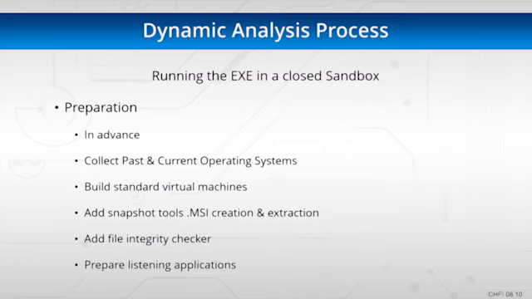Dynamic analysis takes a lot more time because we're running the executable, and we can't do this on our open network on our regular machines. So what we have to do in advance is set up our virtual lab. And you're probably already doing this as a forensics expert for the operating systems that you use to test on, and you have these reference images. So in advance, you're going to collect past and current operating systems. From Microsoft, we talk about TechNet or MSDN. You're going to build that standard virtual machine, and then you're going to add some tools to that standard machine that will actually capture the state of a particular executable